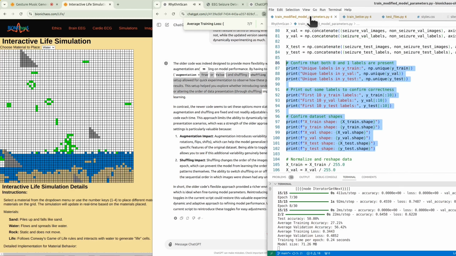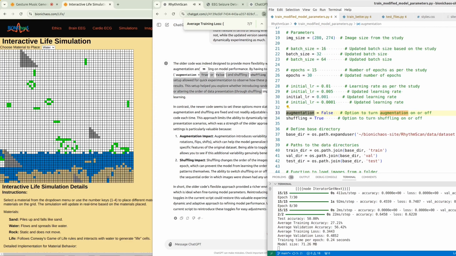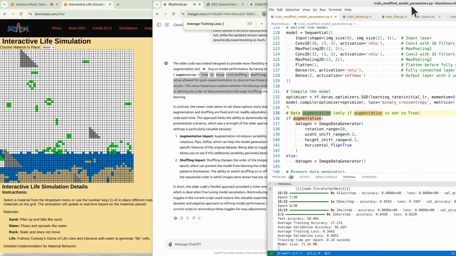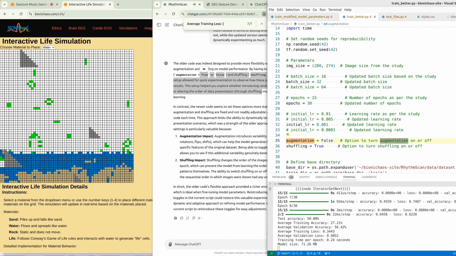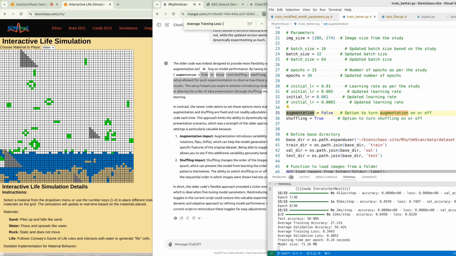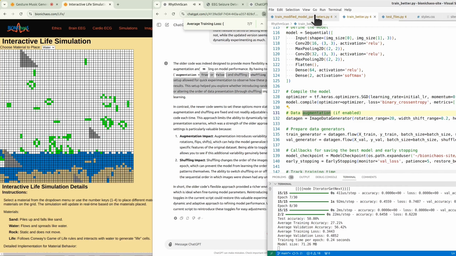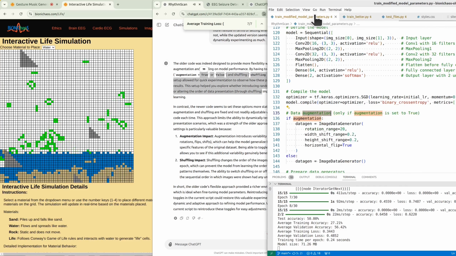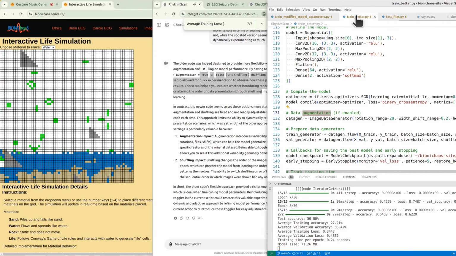or hindered model learning. In contrast, the newer code seems to set these options more statically, meaning the choices for augmentation and shuffling are fixed and not readily adjustable without manually changing the code each time. This approach limits the ability to dynamically test the model under different data presentation scenarios, which was a strength of the older approach. Experimenting with these settings is particularly valuable because